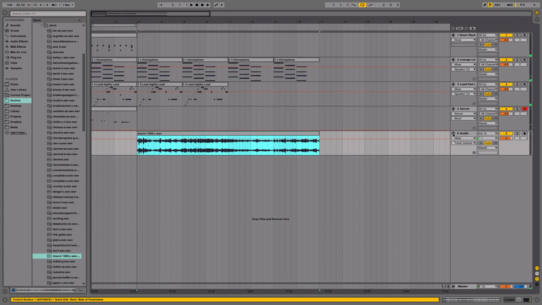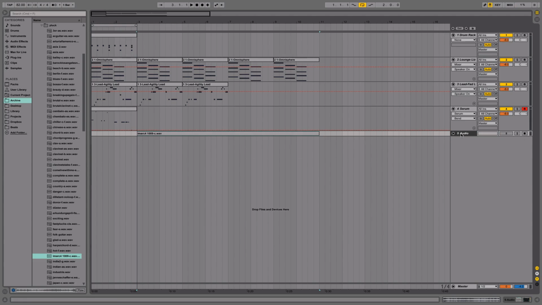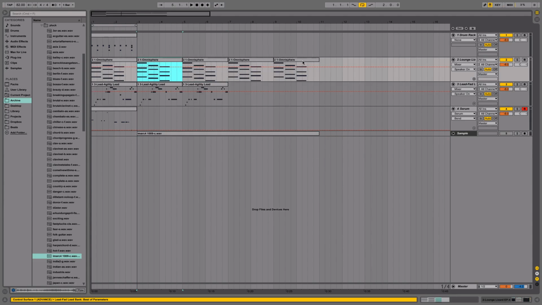And what I want to go ahead and do is, again, chop this up eventually, but for now we're just going to mute it and turn it black, and we're going to call it sample. Just take it, make sure it's out of the way. And what I'm going to do now is I'm going to